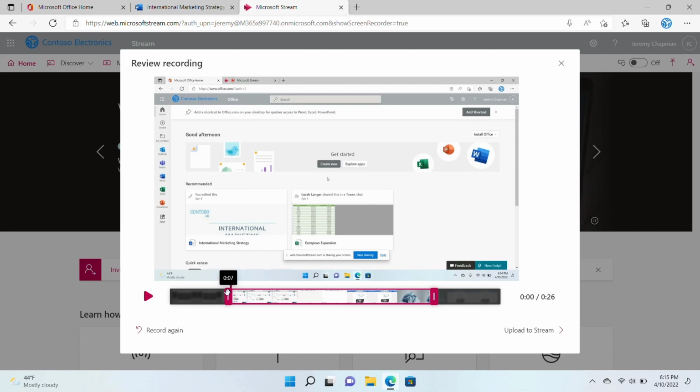So in here I can even, if I want to look at it, preview the video right from this editing view. So I'll go ahead and play it. And I see that modal's still there with the hide, so I can go ahead and trim that part of the video off as well. So I want to start it right here.